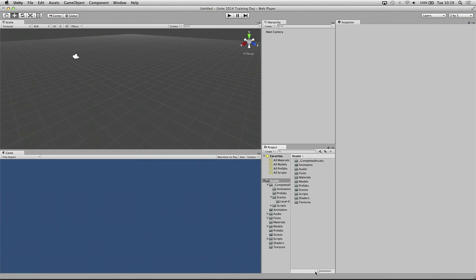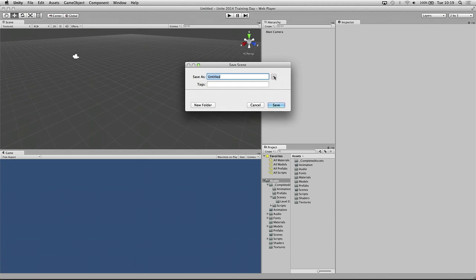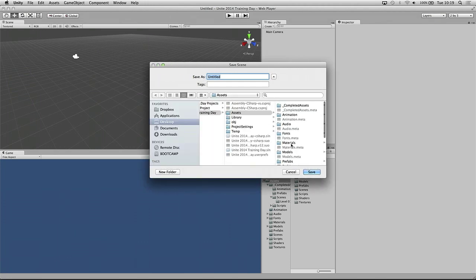So we are working with Unity 4.6 beta. Because it's a beta, it's potentially prone to crashes. It's very dangerous. So what we'd like you guys to do is to save your scene right now, and also to keep saving throughout the day. So Command S on Mac, Control S on PC, obviously. But right now, what we'd like you to do is to go to File, Save Scene As, and we will ask you to put this into the Scenes folder.